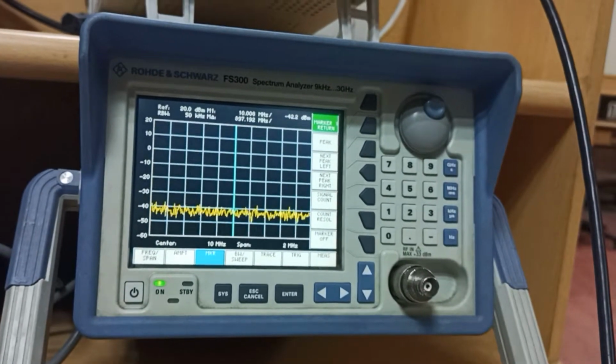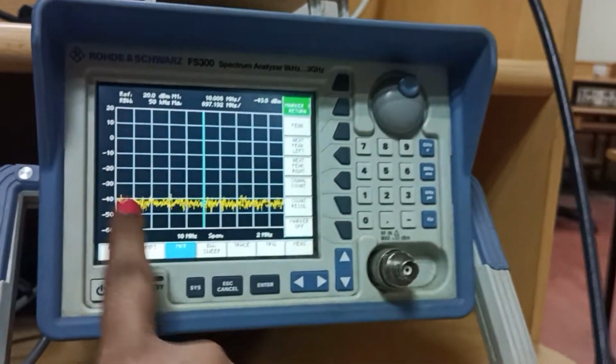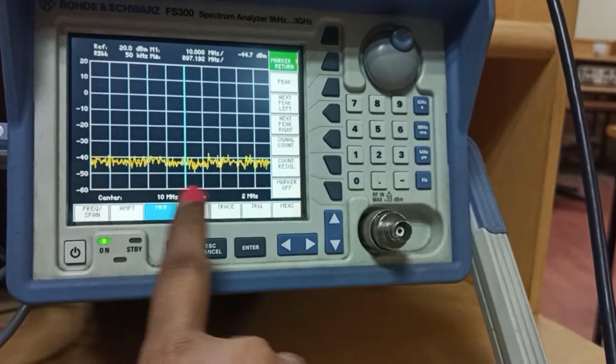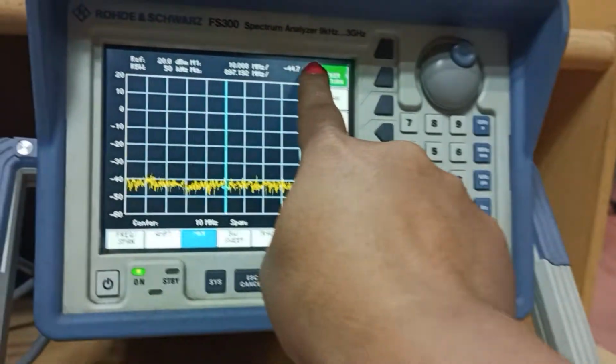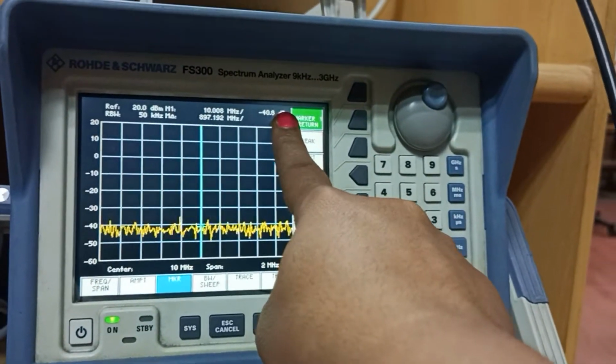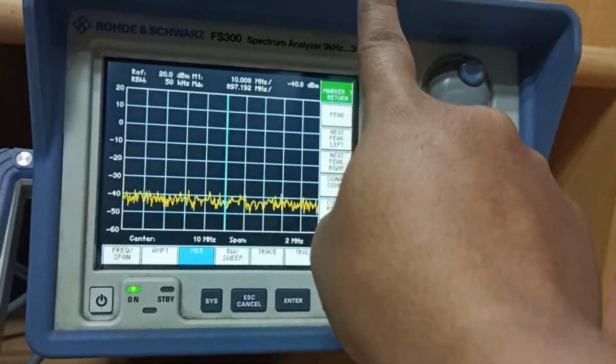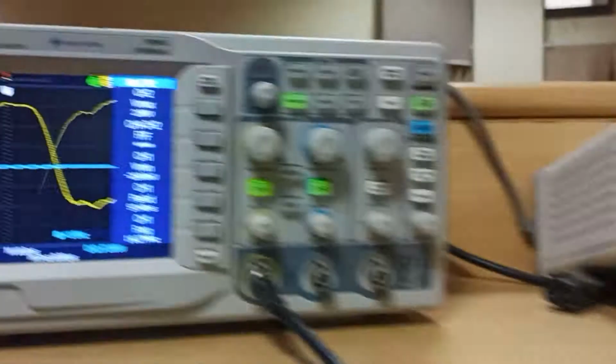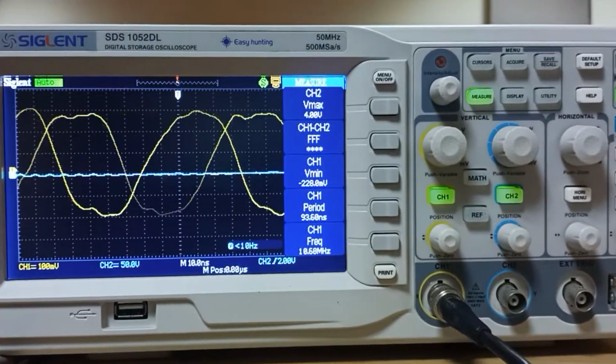Spectrum analyzer is useful for analyzing the amplitude response of a device against frequency. The amplitude is normally measured in dBm in a spectrum analyzer, whereas the same is measured in volts on a CRO.